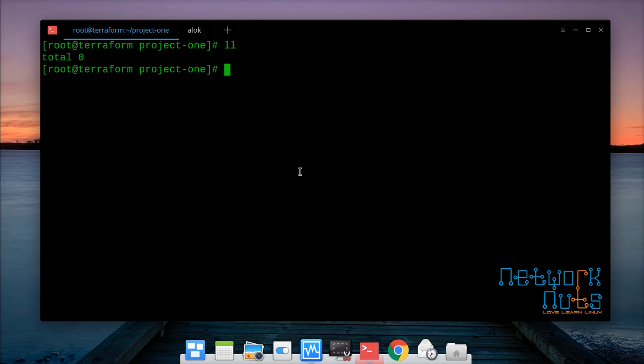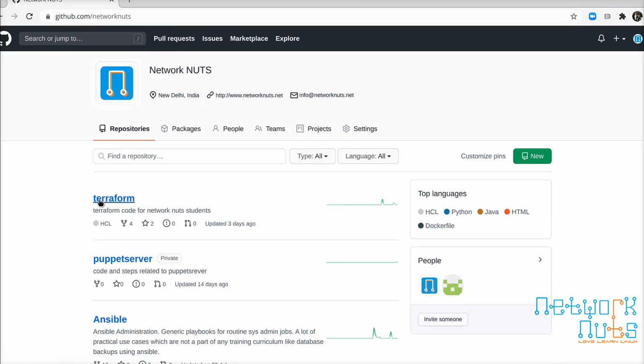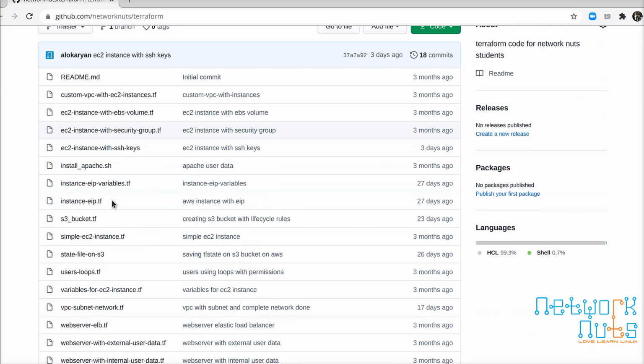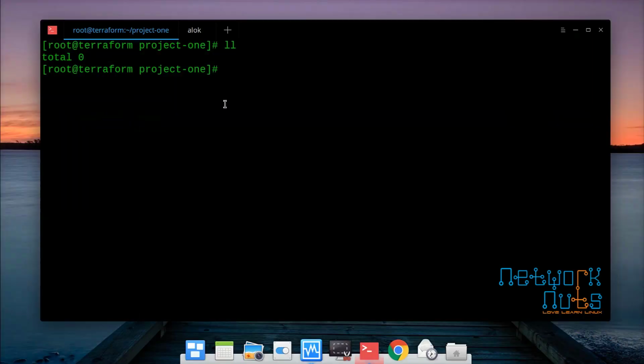Instead of writing it, I'll just go to my GitHub repository of Network Nuts. You can also visit it and fetch it. We have a lot of code here, so go to the Terraform one and I'll just use a very simple instance. This one will be helpful for me. I'll copy the code here, which is going to create a single instance, right? I create a file here, say first server.tf, anything,